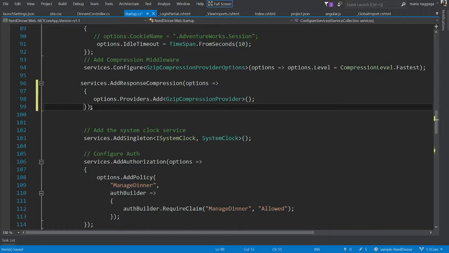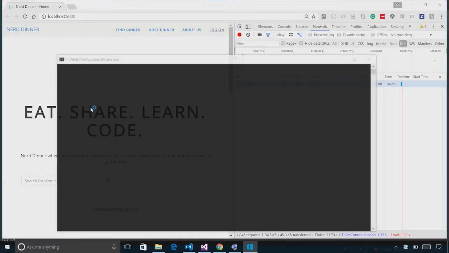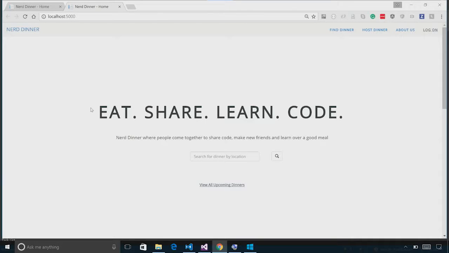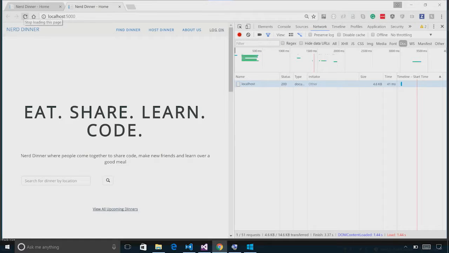So let's run the application again. I've restarted my application with response compression turned on. So I'm going to go into F12 to look at my developer tools. Once I've refreshed the page,